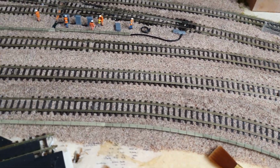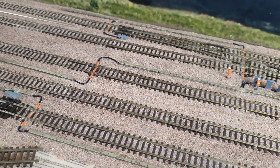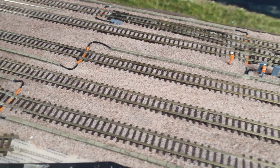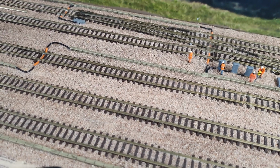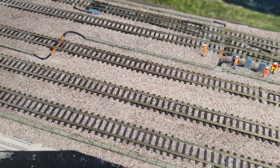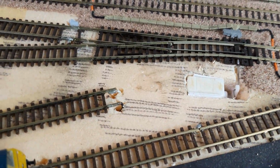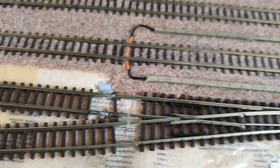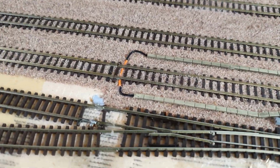I've quite enjoyed it actually, and what a difference it makes to the sound of the track. If it's gone smooth and all you hear are the wheels running on the metal part of the track, it's great. So the reason for doing this one is so I can ballast along there. I need to put some sleepers in, which I will do, which I've done in other places, and then